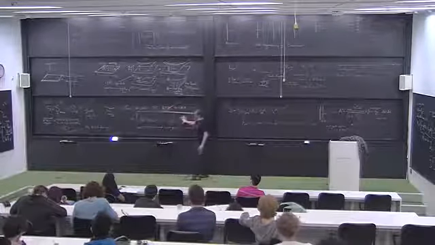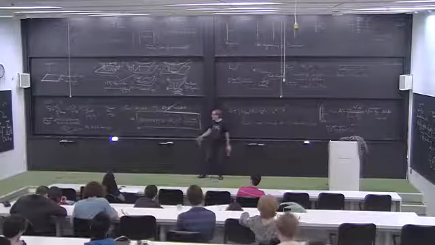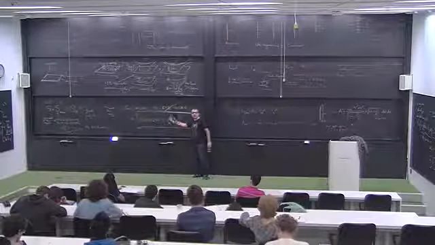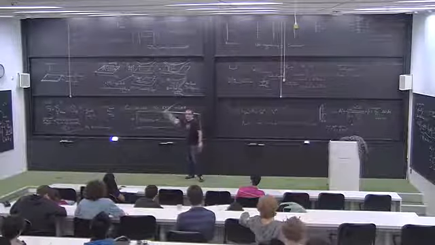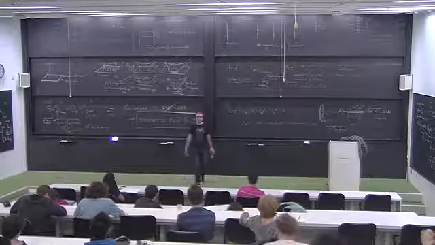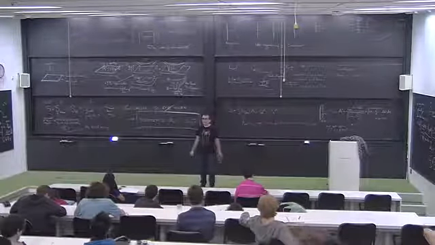Now I should introduce you to what are strings in AdS5 times S5. What is the sigma model that gives you strings in AdS5 times S5? And then once we know the left and right hand side, we can start exploring this duality and seeing what it is teaching us about and how we should think about this AdS/CFT.